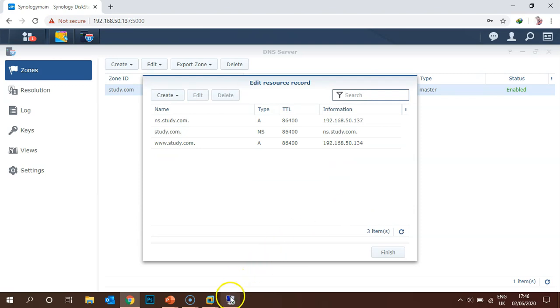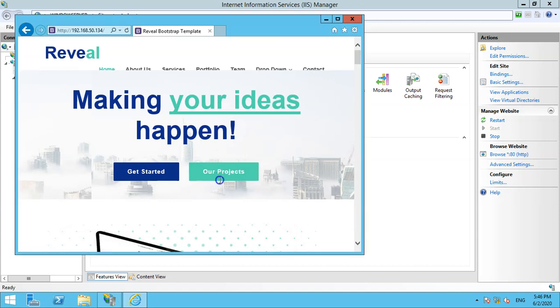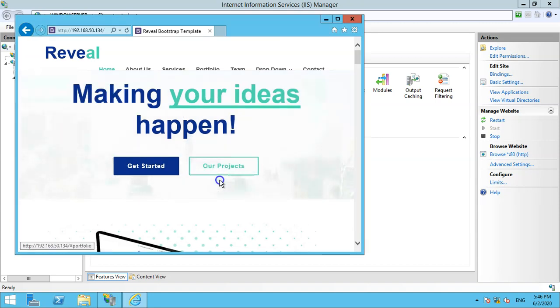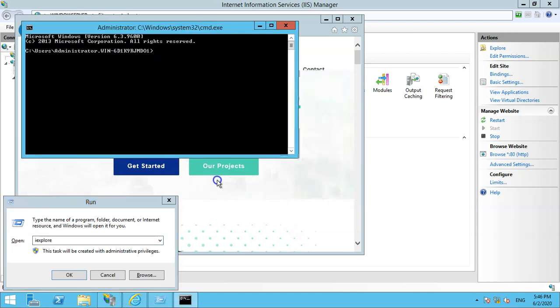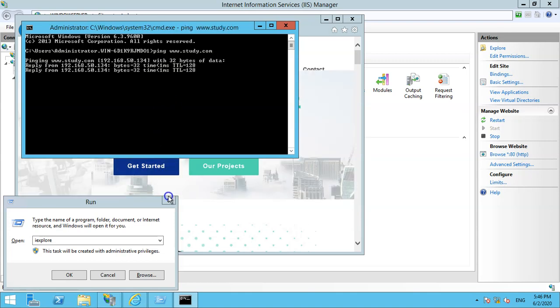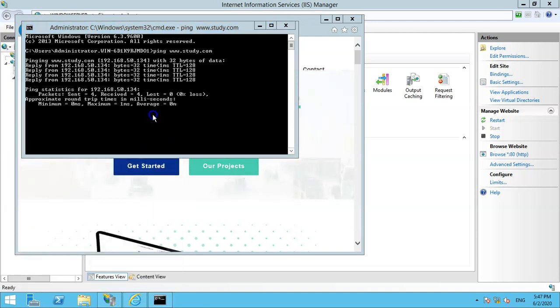I'll go to the web server and try to ping www.study.com. You can see I'm getting the ping reply from the web server.